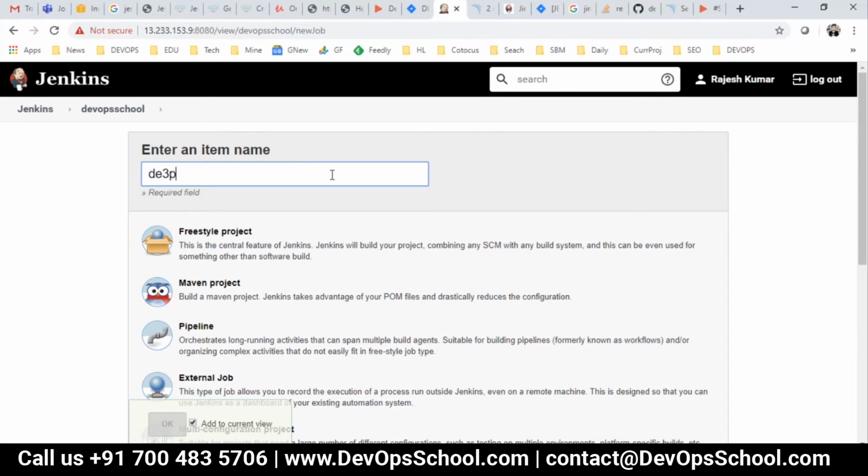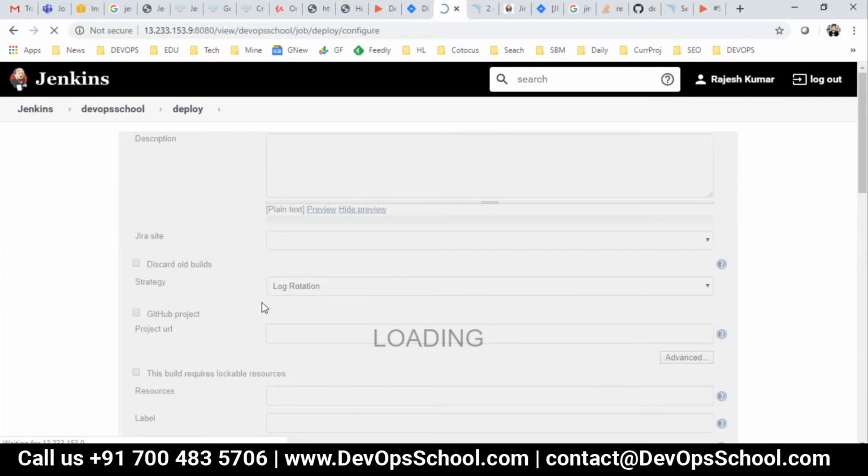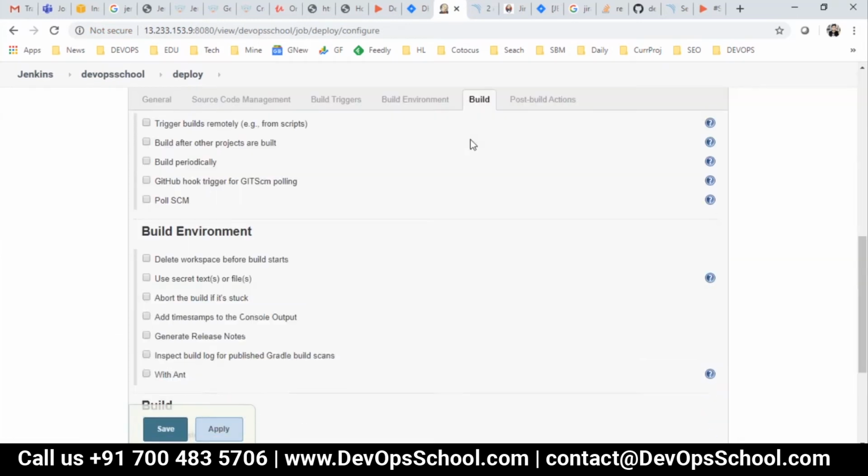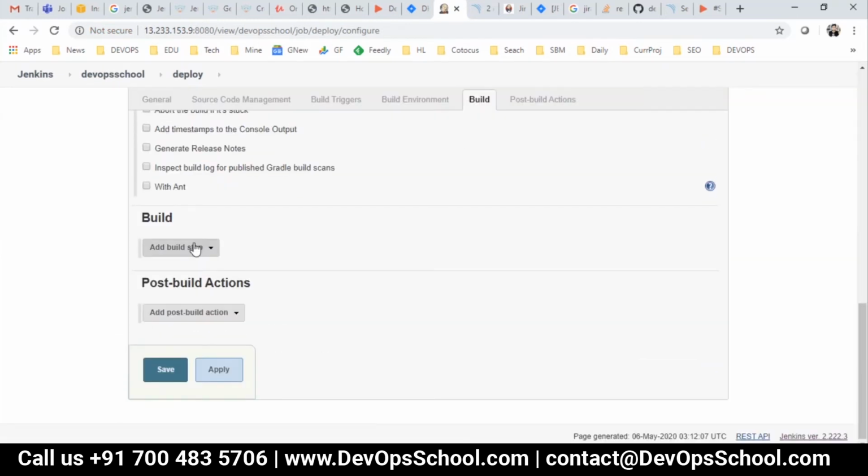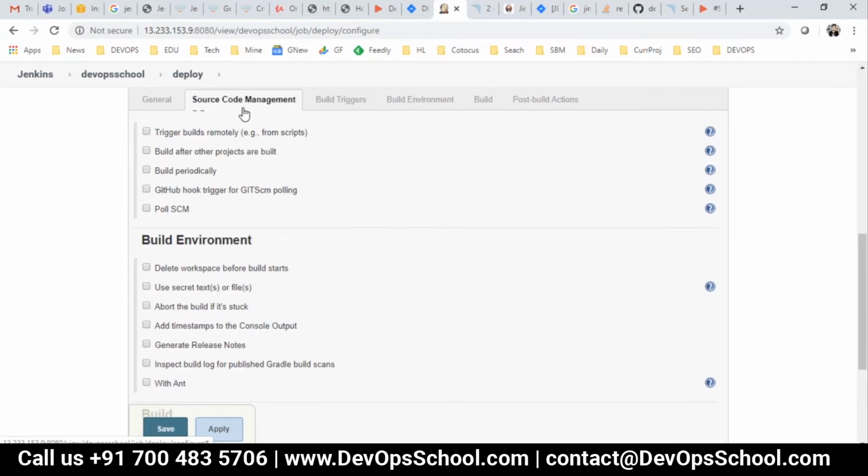Install, deploy. Click OK. Build. Source code management.